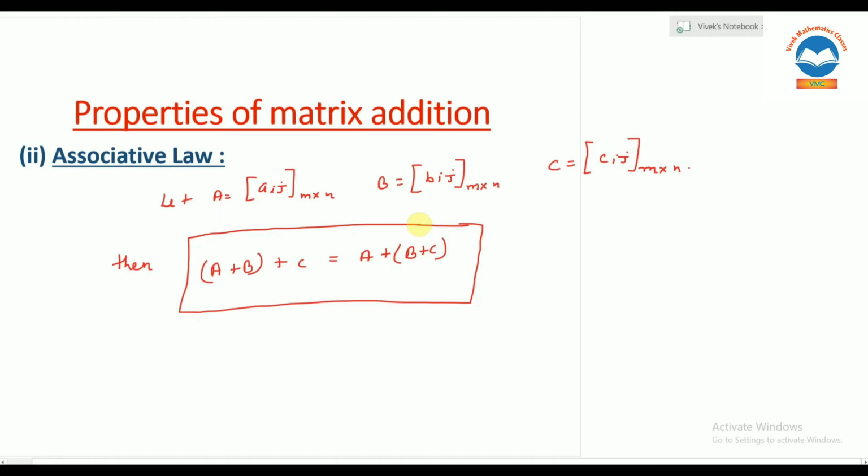First we will add A and B, then you will get A plus B. In that we will add C. This will be same as if you add A in sum of B plus C. Both will be equal. So it means matrix addition follows associative law also. Okay. So next,